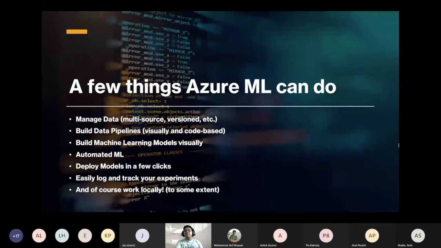So yes, you can build machine learning models visually. You can drag and drop the whole pipeline, and then there's automated ML, which is also to some extent visual. You can just upload your data, and the AutoML service will figure out the best way to deal with your data to achieve your results. So you don't have to think about it. Usually, you still have to think about the hyperparameters that go into your algorithm, but with automated ML, it does it for you. It's basically ML for ML. So it's AutoML, right? ML squared.